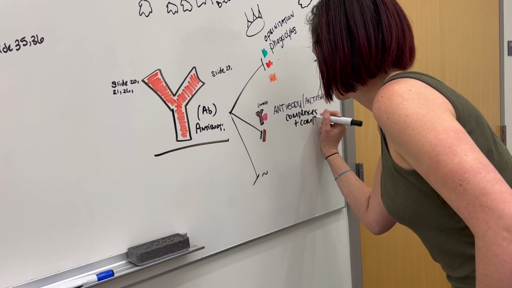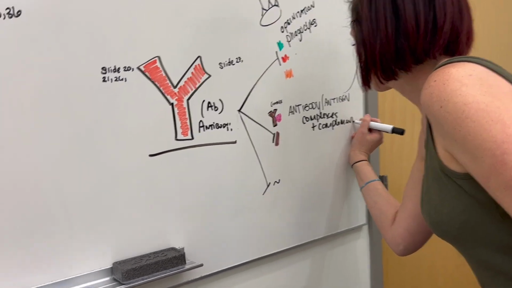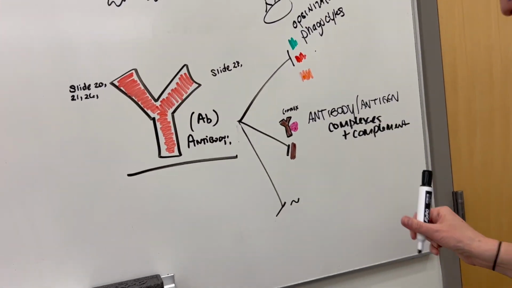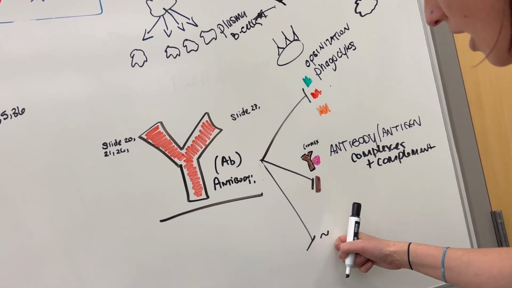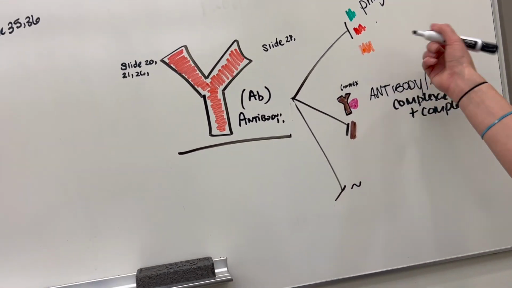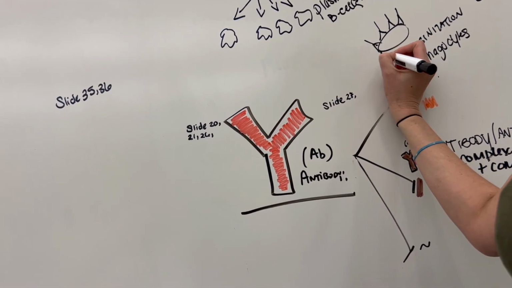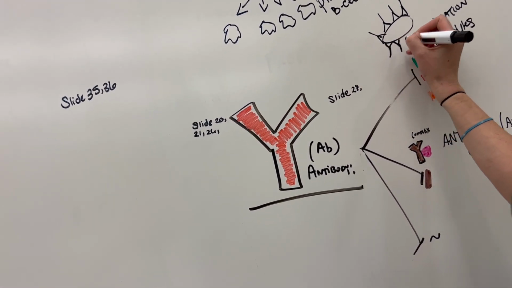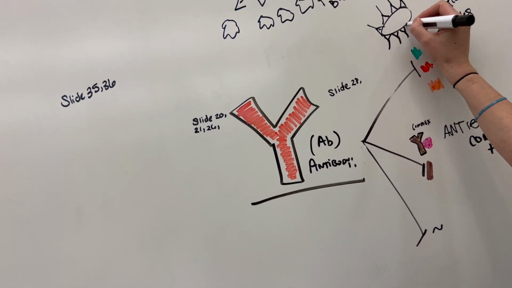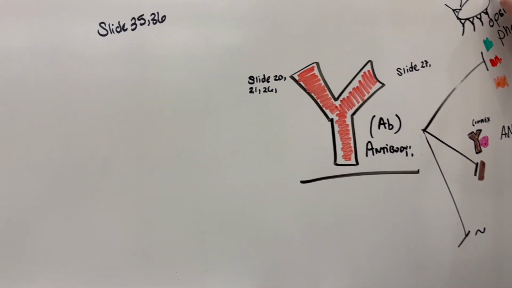And then lastly is just neutralization. There's a couple other things it talks about, I wouldn't worry about knowing them. But for the other, it's just neutralization. That's basically where we cover the pathogen completely in antibodies. And so the pathogen basically can't do anything because it's surrounded by a circle